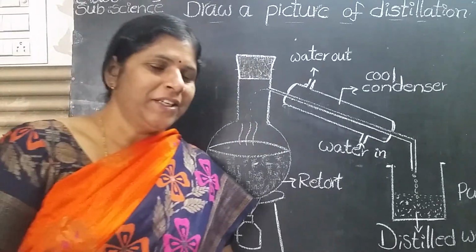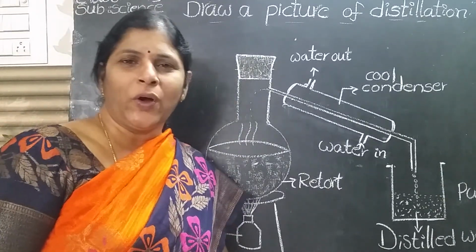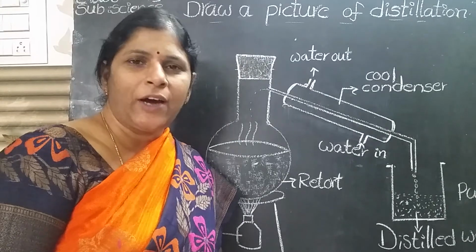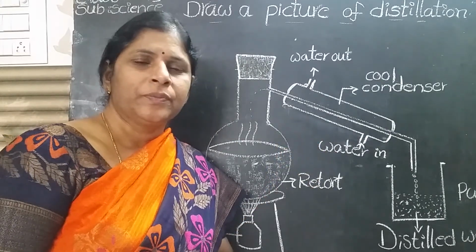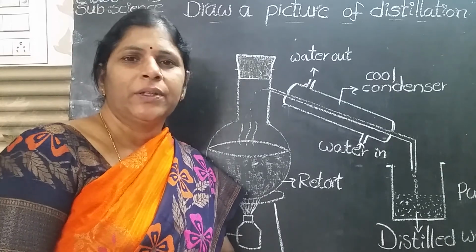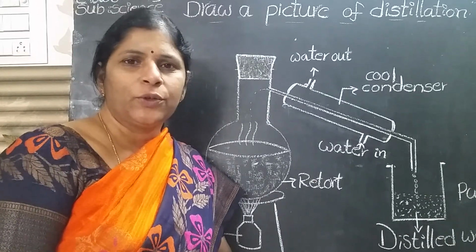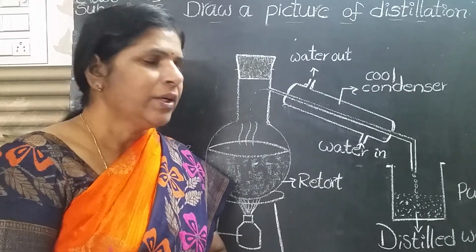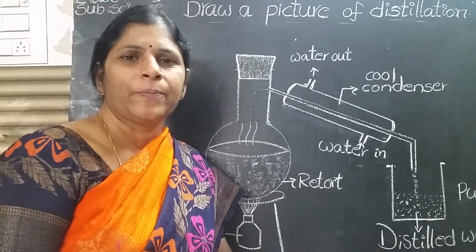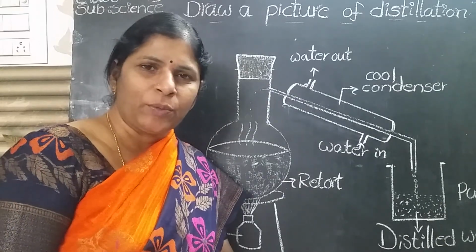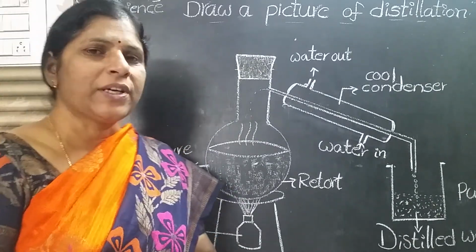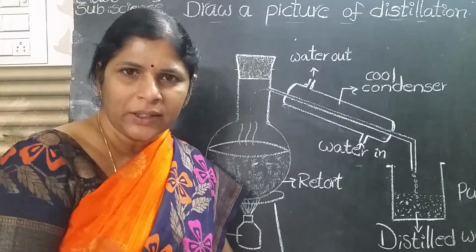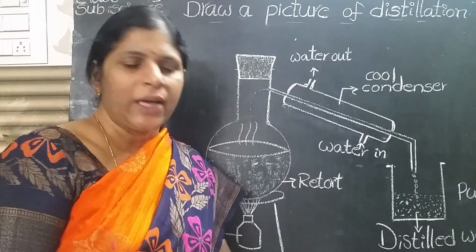Okay children, it is very easy to draw. First you have to observe how to draw the diagram. After watching it, you have to draw two more times. Okay, it is very easy I think. Okay children, will you practice one more time? Yes. You have to practice one more time. First you have to observe how to draw the diagram. Okay children, have a good day.